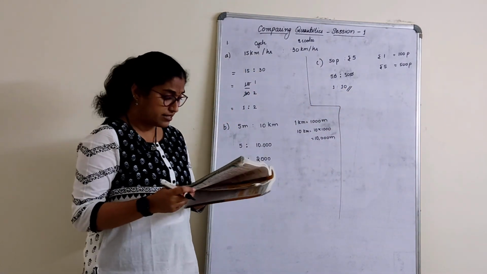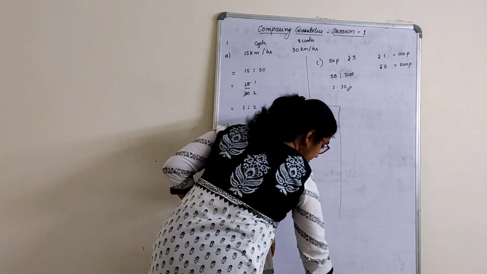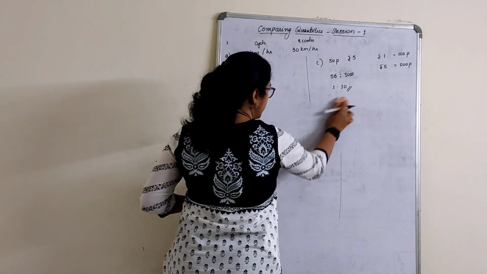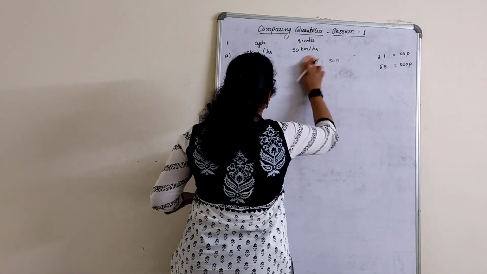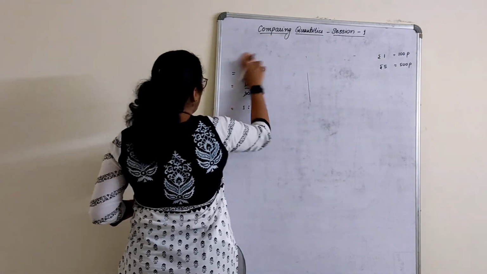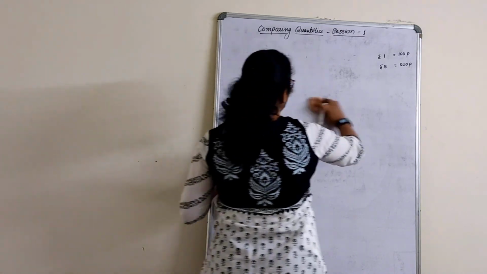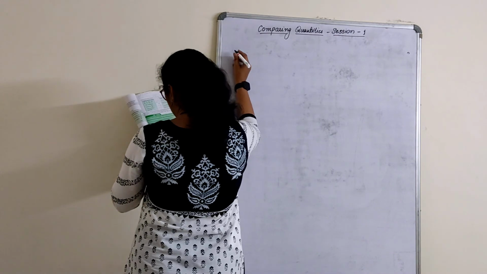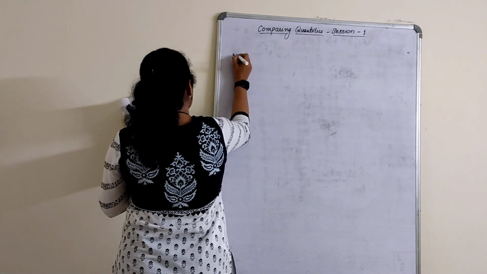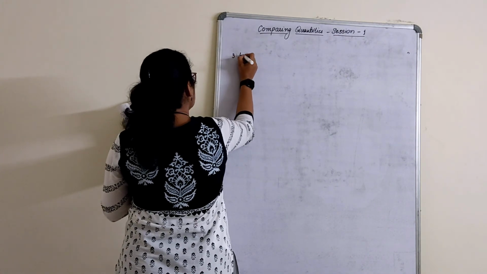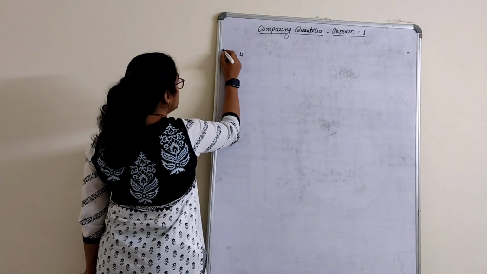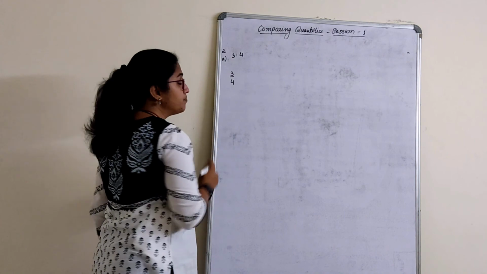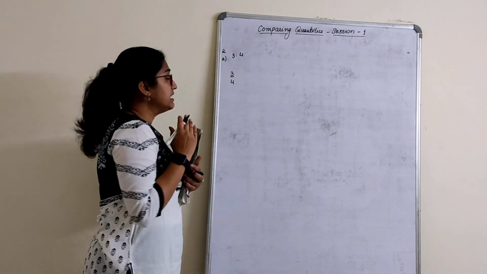The first one is very simple. The next is convert into percentage. There are different methods for converting into percentage. I will show you both the methods, and you can adopt any one which is simple or which your school tells. Only two sums are there. Convert into percentage. 3 is to 4. So the ratio is given as 3 is to 4. Second one, first sum. I'll write this as 3 by 4. Right?